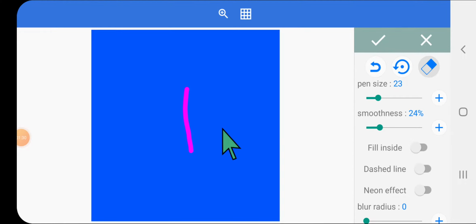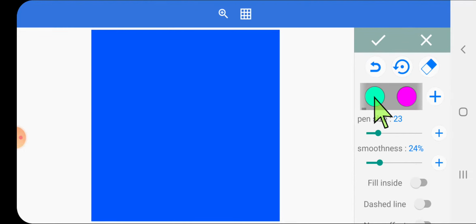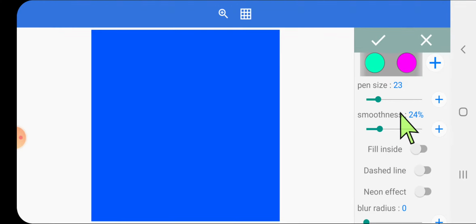Now after clicking this, it becomes eraser. Click again to make it pen again. So there are options like smoothness. If we use this smoothness option, our brush will become smooth.